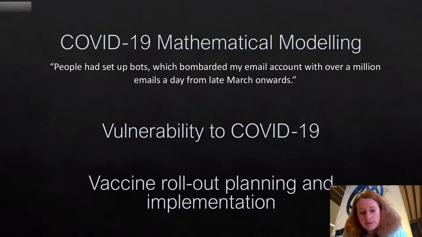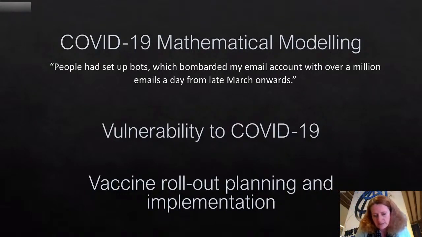I want to share with you 3 experiences and some of the policy takes on these experiences where we have worked with governments in relation to COVID-19. The first is in the area of COVID-19 mathematical modeling. Secondly is in the area of helping countries to understand vulnerability to COVID-19. And thirdly is in helping countries design and use analytical and predictive planning tools to plan and implement their COVID vaccine response. Across all 3 of these areas, I would argue that the lessons that we learned that could be useful to this discussion are